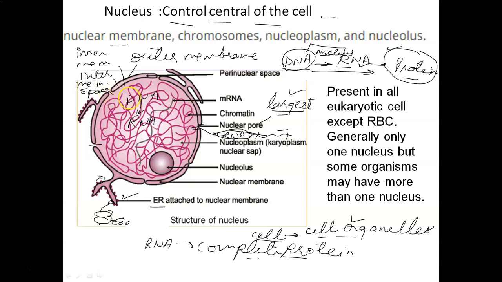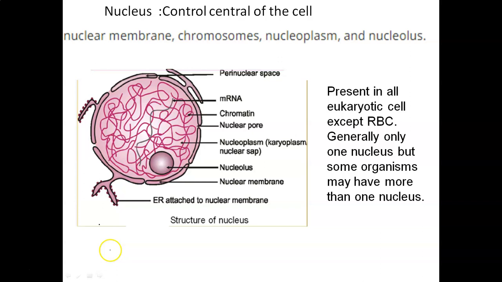Right? Now we come to, actually the nucleus is present in all eukaryotic cells. This is the control center I told you. So it should be present in all eukaryotic cells, but in some cells the nucleus is absent. Even in eukaryotic cells, I've written here RBC, red blood cells, and the red blood cells RBC has the nucleus in immature phase. Immature RBC has the nucleus, but during maturation this nucleus disappears.